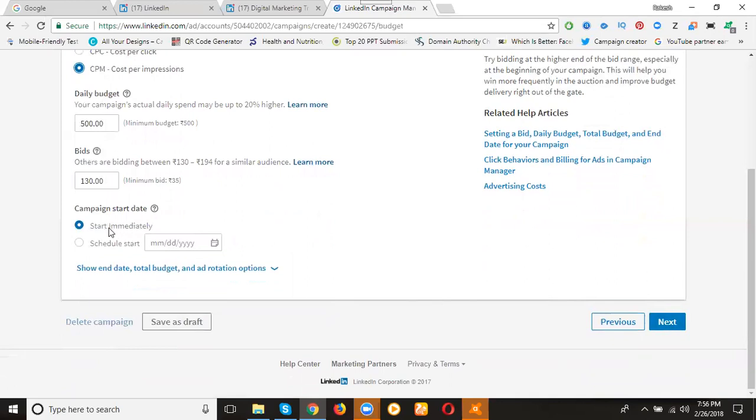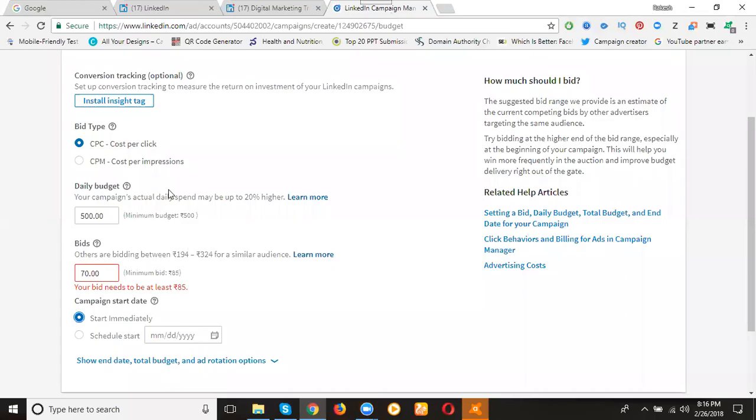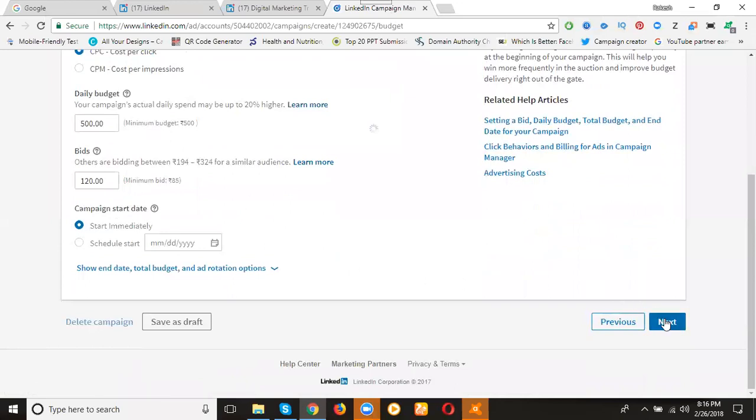Start immediately, or schedule the ad for tomorrow or the day after. My default budget is 85 rupees; below 70 is not accepted. I can add 120 rupees. Here the option is next.